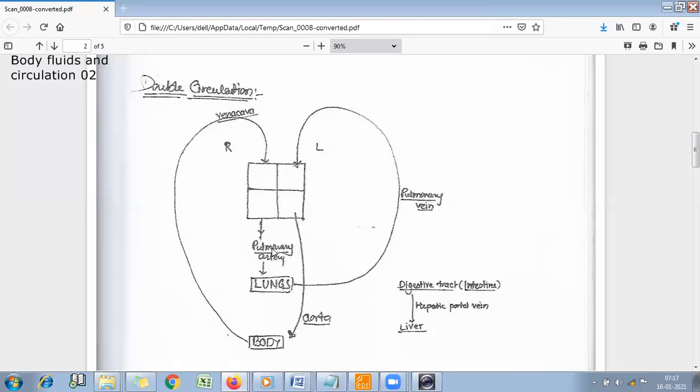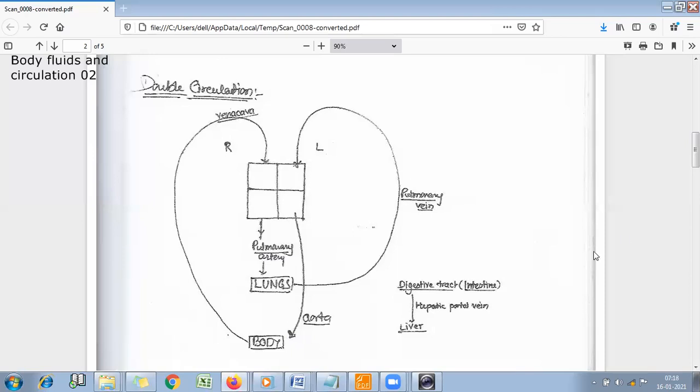Now in the lungs, the blood will be oxygenated. Then the oxygenated blood is transported into the left auricle or left atrium through the pulmonary vein. This oxygenated blood in the left atrium will be pushed into the left ventricle through the bicuspid or mitral valve. Now the oxygenated blood will be transported into the